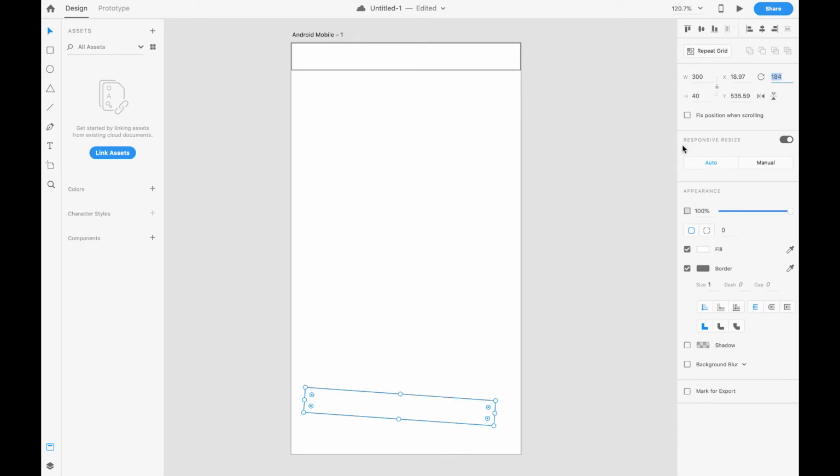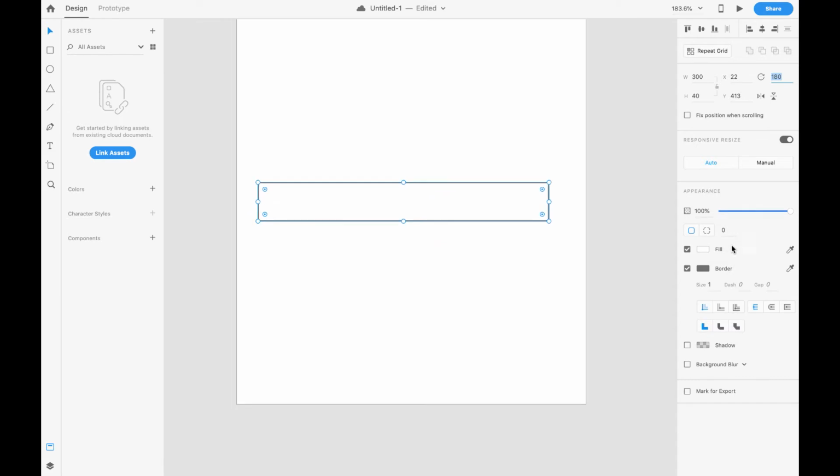And over here you will see the appearance. Here you can reduce the opacity of this rectangle. So I am going to reduce the opacity now. If you see, I am reducing the opacity. So you can see that opacity is reducing. This is what is called the opacity of this rectangle, and here you will find the corner radius. If I increase the number, it has smooth edges. So this is what we call a corner radius.